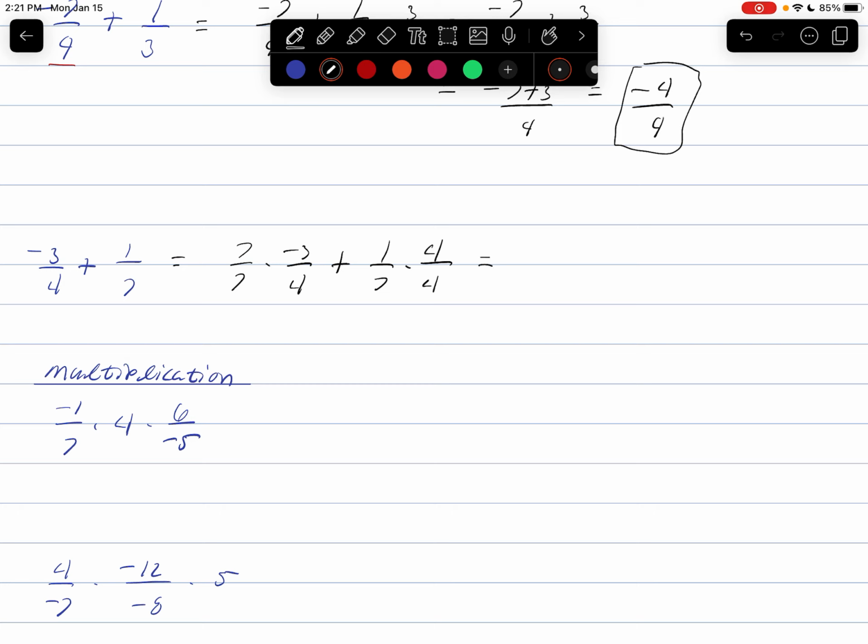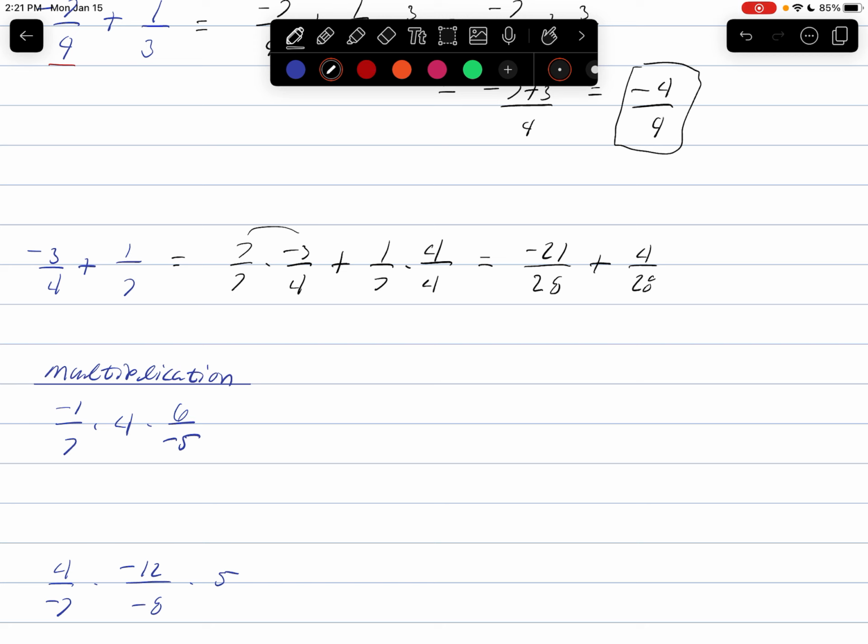Okay, so if we do 7 times negative 3, we're going to get negative 21 over 7 times 4, which is going to give us 28. Okay, and then we have 1 times 4 is 4, and then we have 7 times 4 is